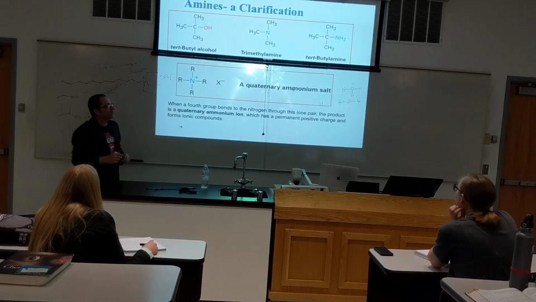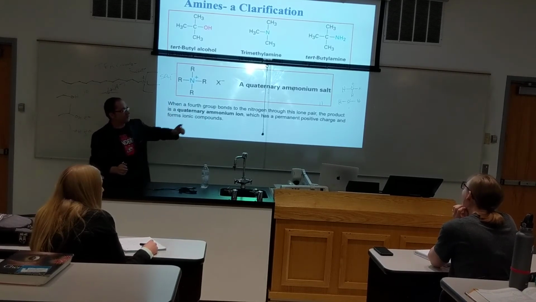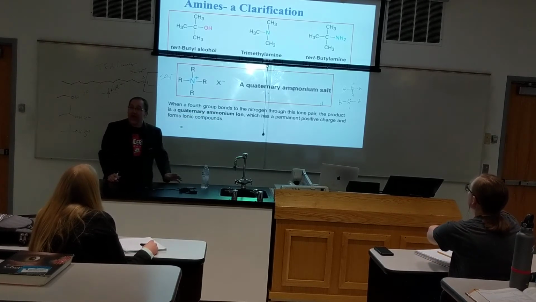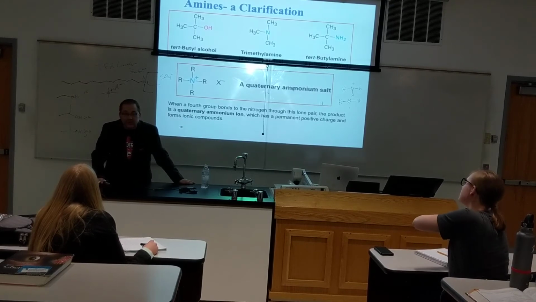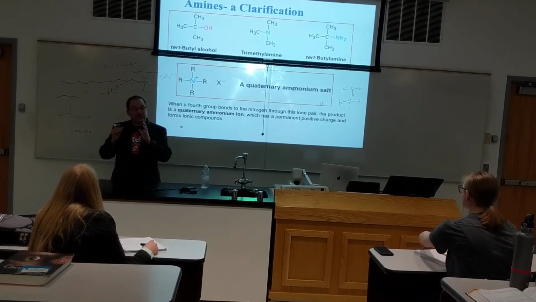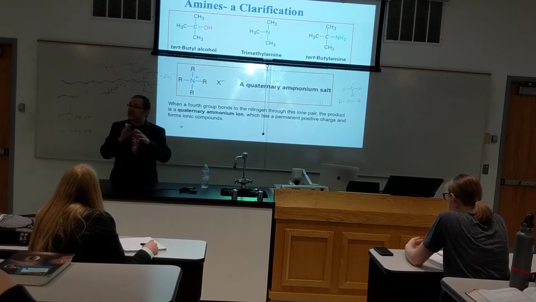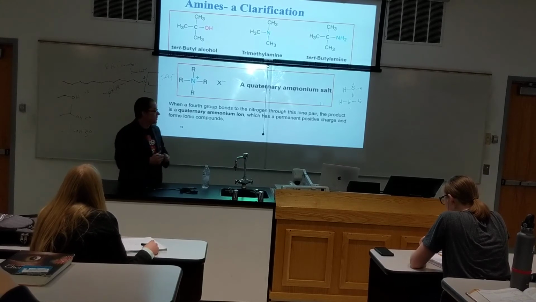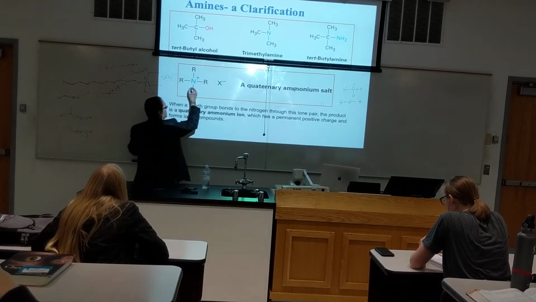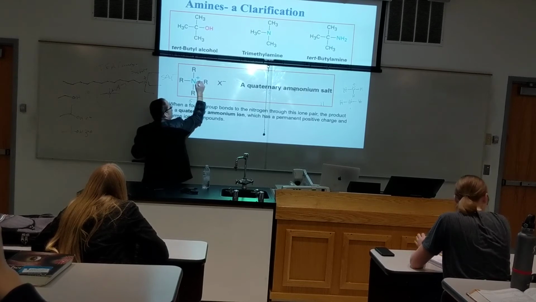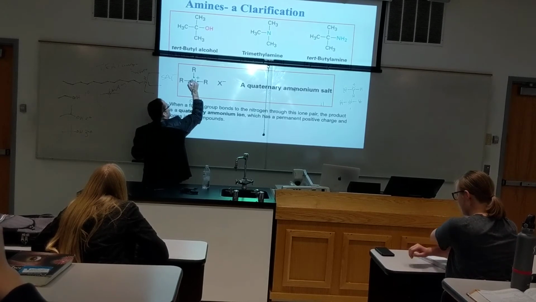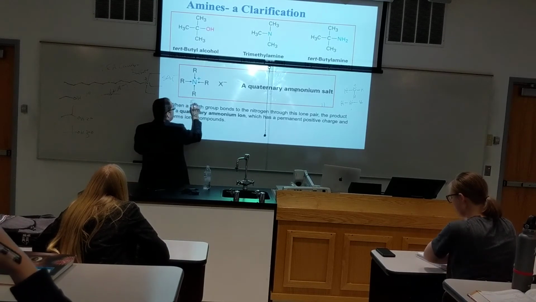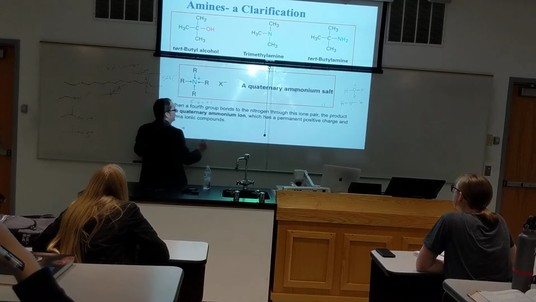How many electrons does nitrogen bring to the table? 1, 2, 3, 4, 5, right? How many protons does it have in its nucleus? 5. So it has just enough electrons that are negative charged to balance the protons that are positive charged. So inside here, it brings 5 to the table. It owns half of all of these that are bound to it. It has an octet. So 5 minus 4 equals a plus 1.